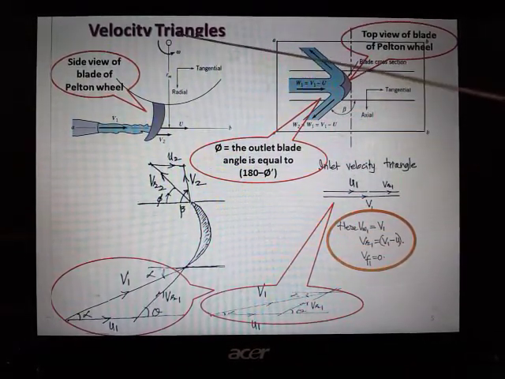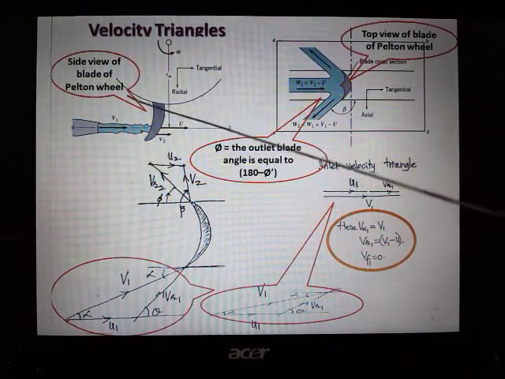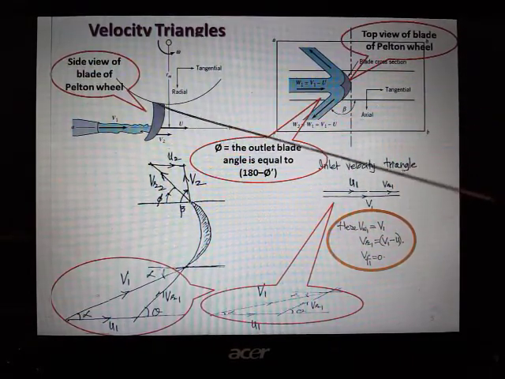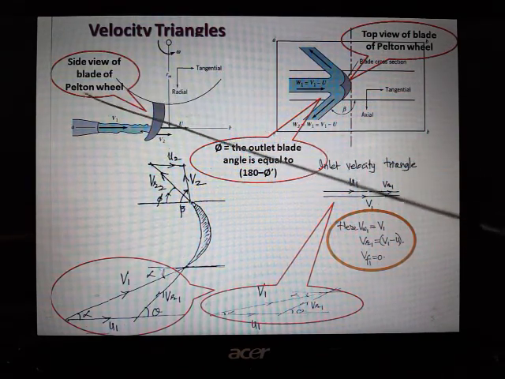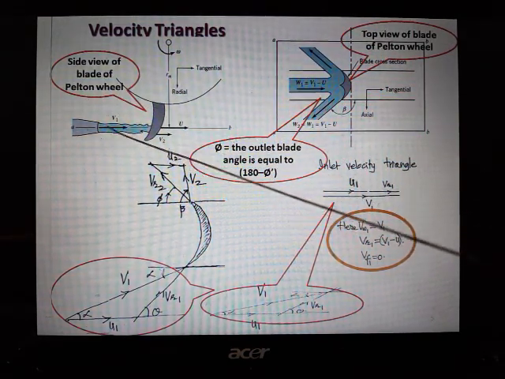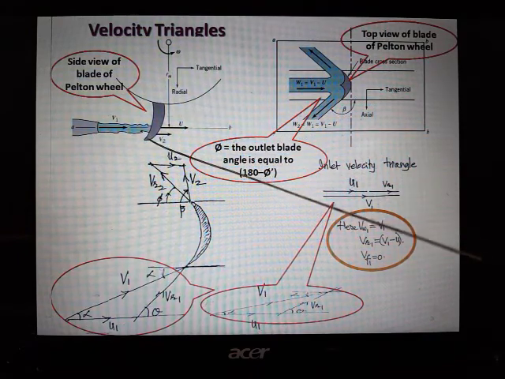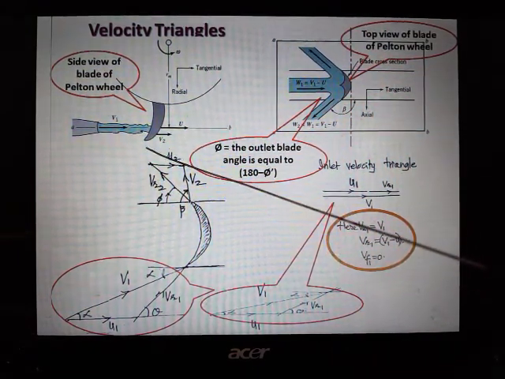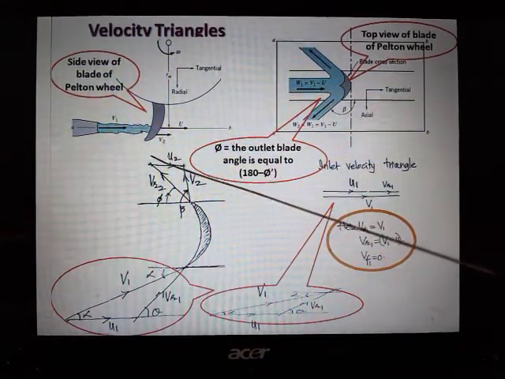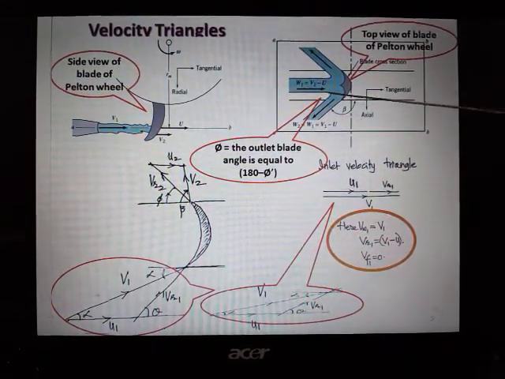So you can just understand this: there is a shaft, there is a wheel, and one side of the vane is shown here, a side view of the blade of the Pelton wheel. This is the jet which will be hitting the blades. Now if you look exactly this way, from the bottom or exactly from the top, how it looks is something